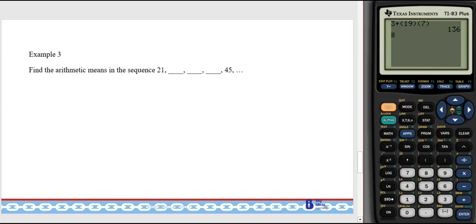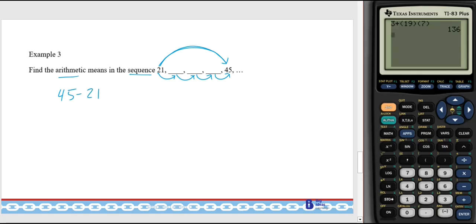Arithmetic means, finding the arithmetic means in the sequence. So we have a sequence, and we know it is arithmetic, but what we do not know is the common difference. I don't know how to get from term to term. I do know, however, that I can go from 21 to 45. So I need to figure out this big jump here so that I can divide it out into these smaller jumps, right? So I'm going to go last term